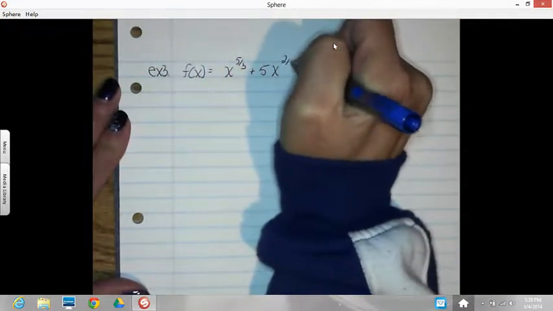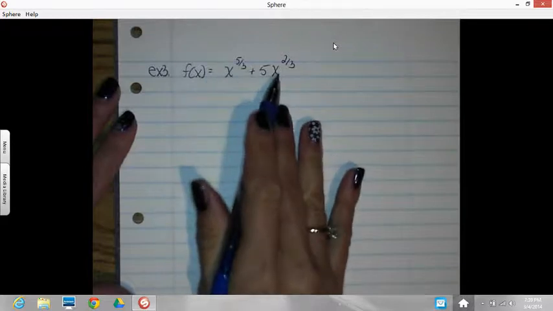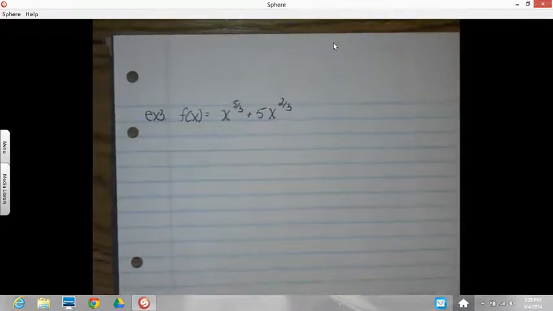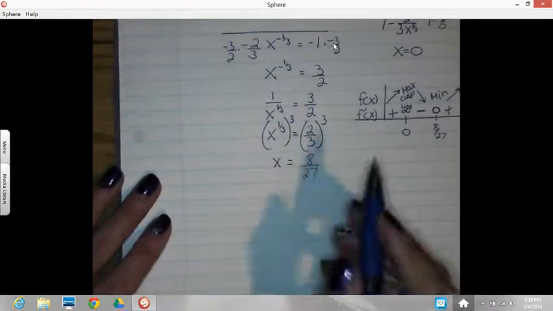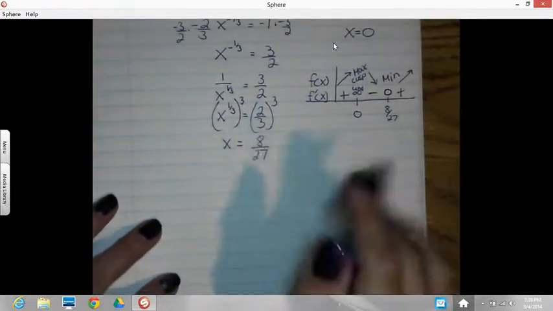F of x equals x to the 5/3 plus 5x to the 2/3. Okay, we want to find critical points on f of x and f prime of x. Oh, I forgot that part, didn't I? Yes, I did. Oh, good thing. Forgot my critical points. Hold on. Here. Critical points